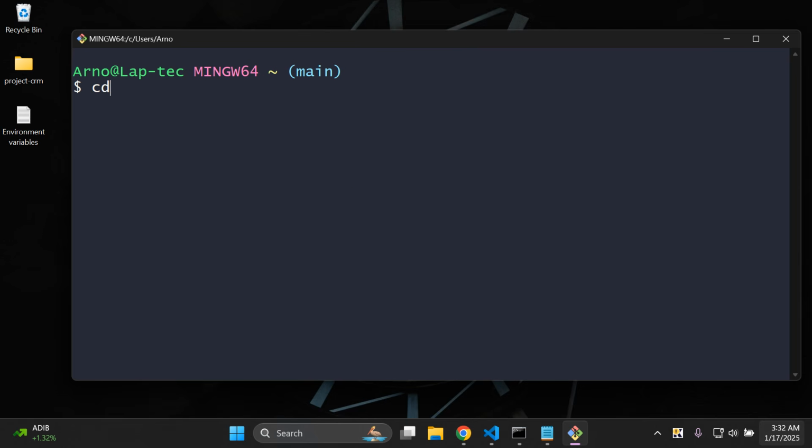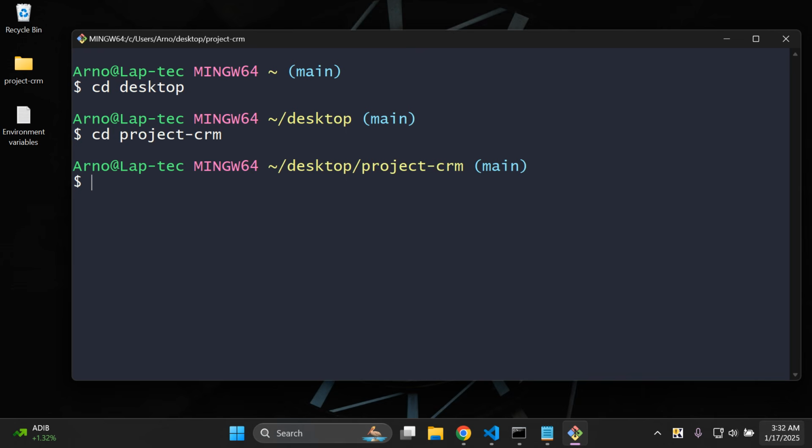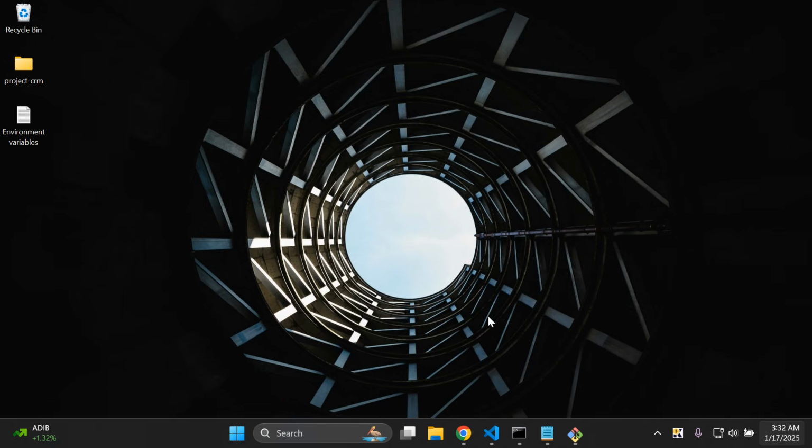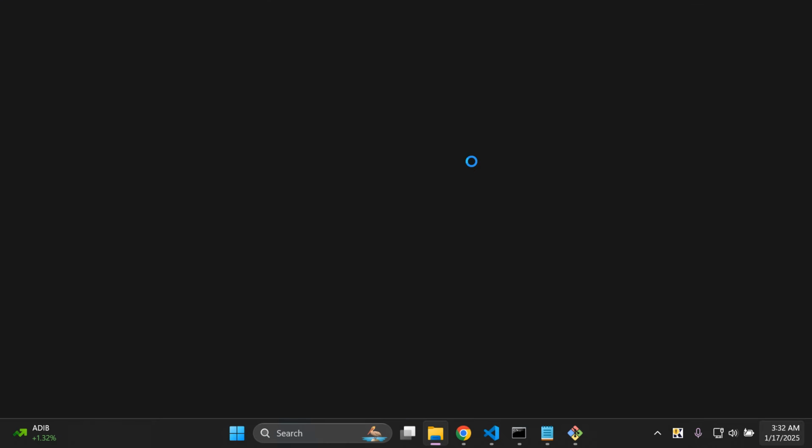So to do so, you can say cd, which means change directory, and you want to say desktop. So now we are on our desktop. Now, in my case, my folder is called project CRM, and I'm going to say cd project-crm. Okay, so I'm now on my desktop in Project CRM, and if I were to open up this folder,